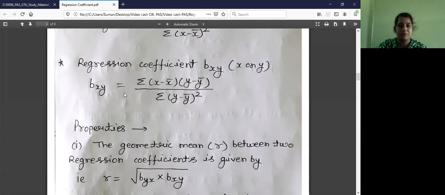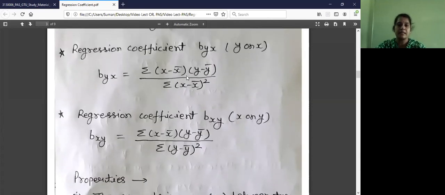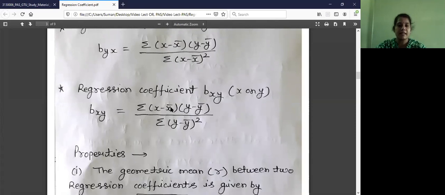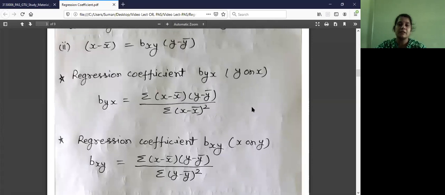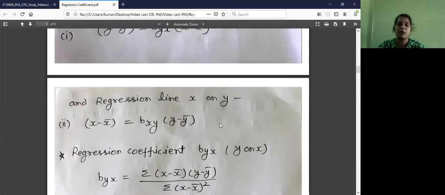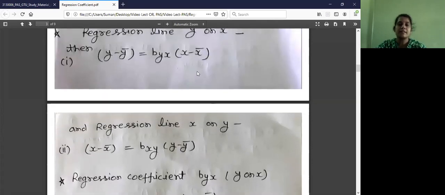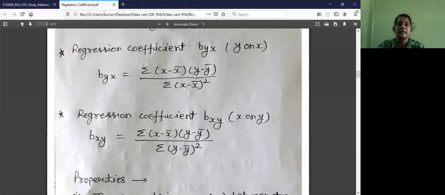So bxy is equal to, the numerator is the same, summation (x minus x bar)(y minus y bar) divided by what? Here we write the variable y, so we write summation (y minus y bar) whole square. So this is the formula of the two regression coefficients,